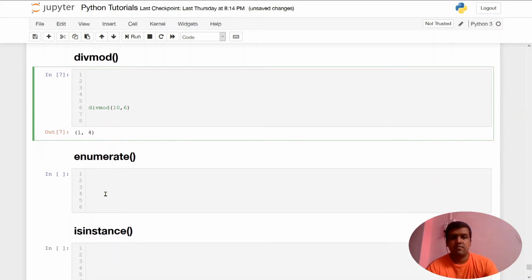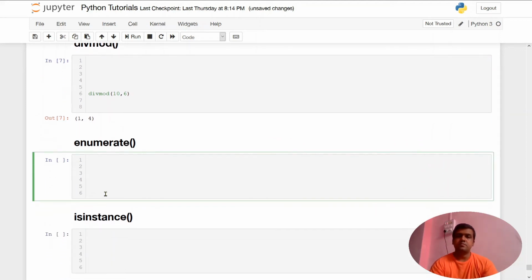Next up we have the enumerate function. This function is used to specify a count or an index to an iterable object. Let's say you have a tuple or list, any iterable object, or even a string. If you want to number the elements present in the iterable object,